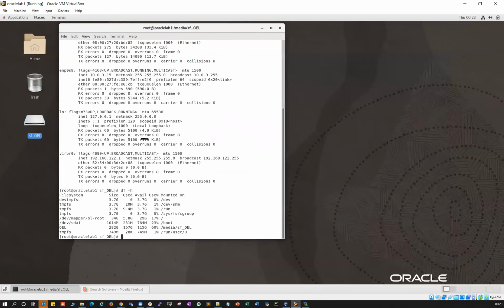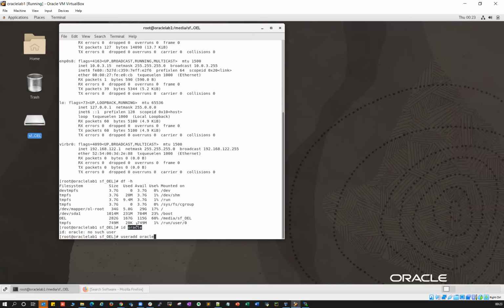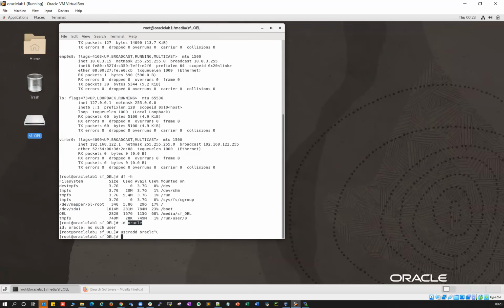One of the easiest ways to create this Oracle user is to just use useradd oracle, and then later you can add your groups and other things. But that's going to be very tedious. Rather than that, the simplest method to create groups and users, and some of the Linux grub, Linux kernel and security configuration for your database installation, is to just go ahead and install the Oracle RPMs.